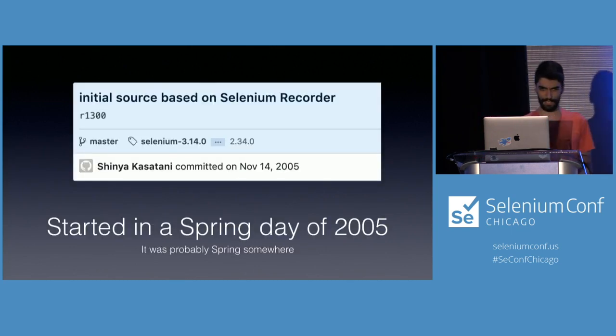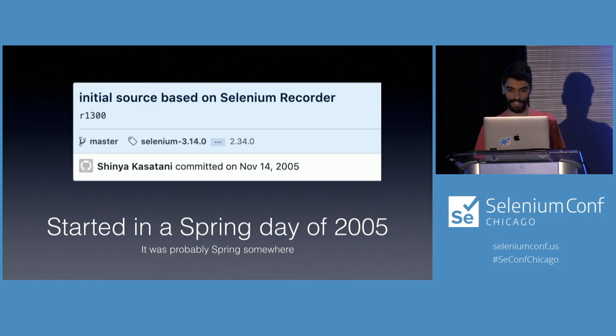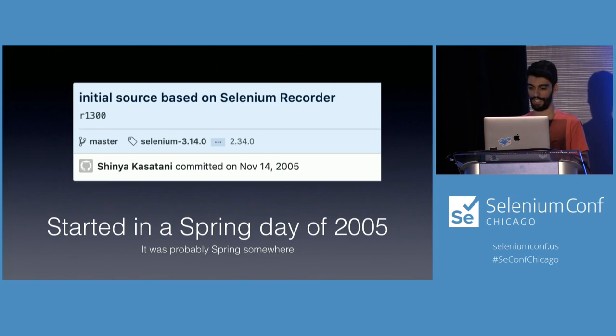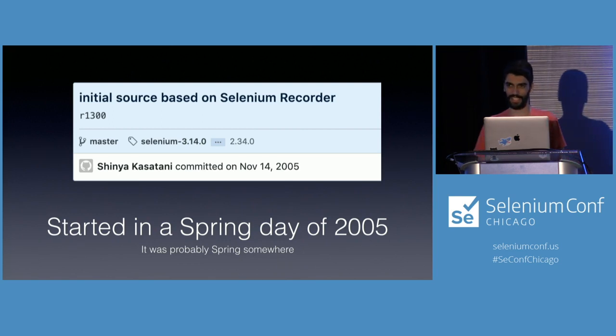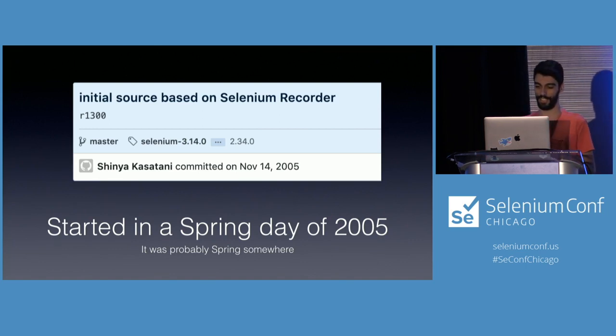So this is kind of a stage in the presentation where I bullshit you a little bit about stuff that happened when I was in 4th grade, I believe, of elementary school, if that. Basically, there was this thing called Selenium Core. I don't know if you've heard of it. It was this JavaScript library that you would put alongside your application.